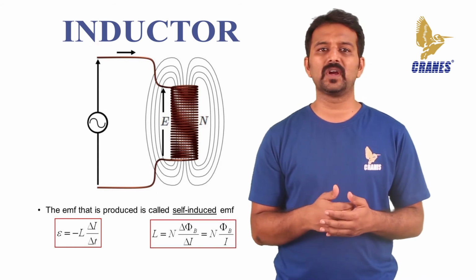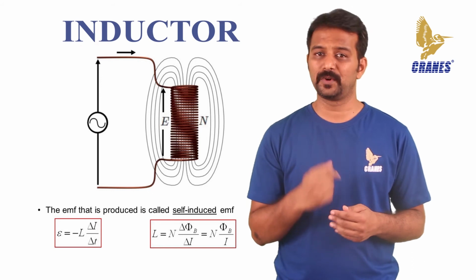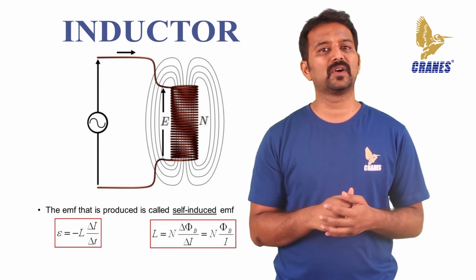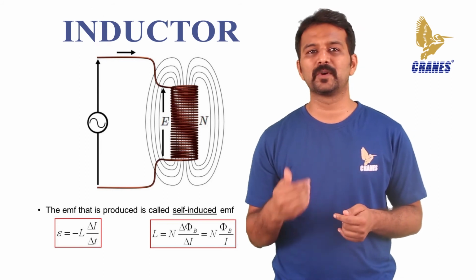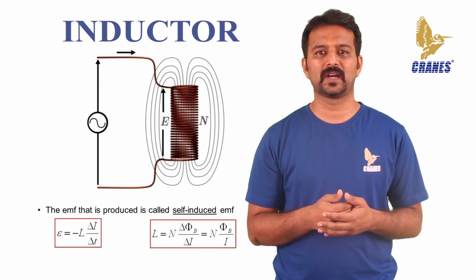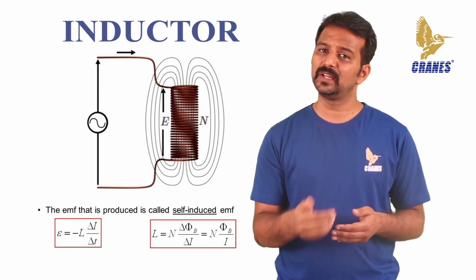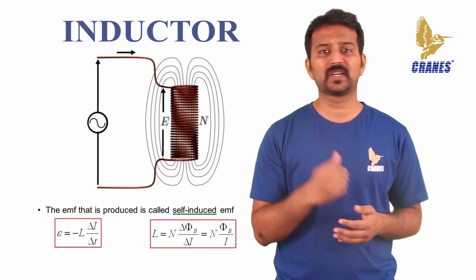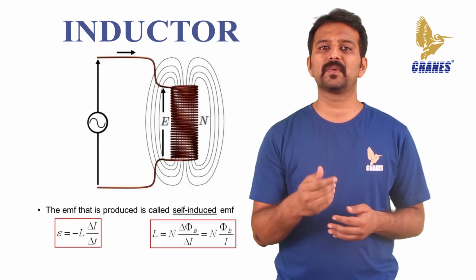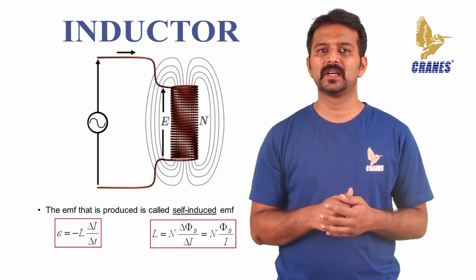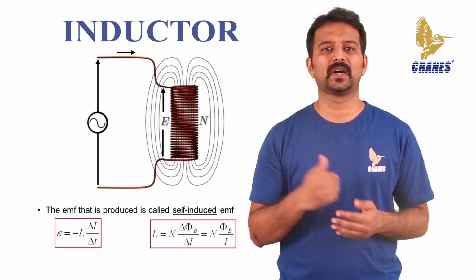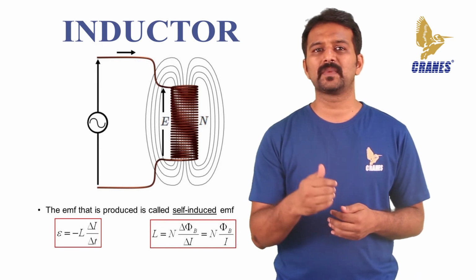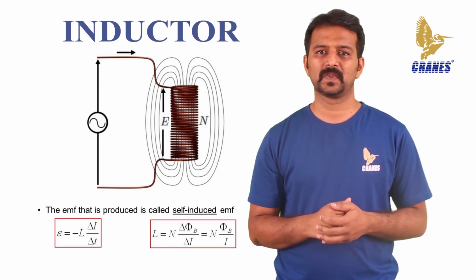Inductance is attained by a coil due to the self-induced EMF produced in the coil itself by changing the current flowing through it. If the current in the coil is increasing, the self-induced EMF produced in the coil will oppose the rise of the current. That means the direction of the induced EMF is opposite to the applied voltage. If the current in the coil is decreasing, the EMF induced in the coil is in such a direction so as to oppose the fall of the current. This means that the direction of the self-induced EMF is the same as that of the applied voltage.